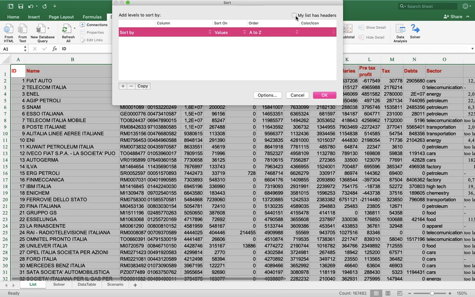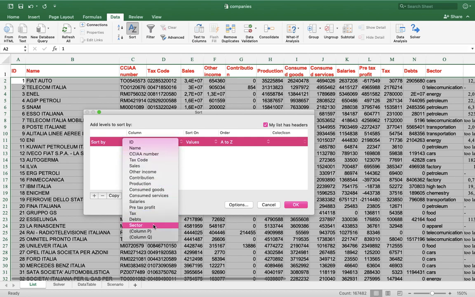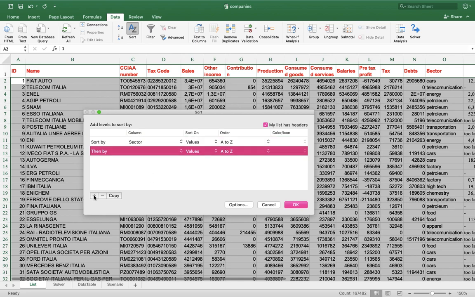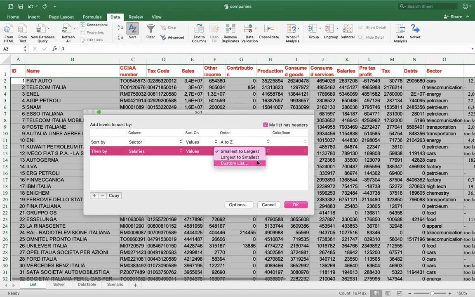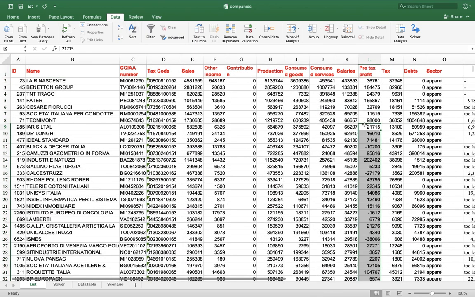Okay, now, by sector, sorry, and then by salaries in reverse. Okay, done. So for the apparel, Larry Nascent, which is an extremely famous group. Oh, no debts. Okay,